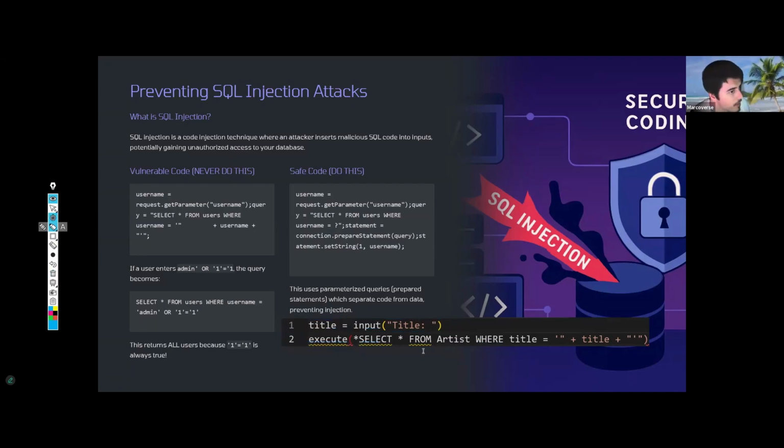But that SQL command looks a bit like this. So select star from the artist album where a title is something. Well, what is something? If the user's input has a variable called title, I can use this plus operator in Python, not to add, but actually to concatenate two strings together, quoting them singly and kind of completing that thought, let's say. The problem, though, is SQL shouldn't trust user's input, because whether their user input is coming from